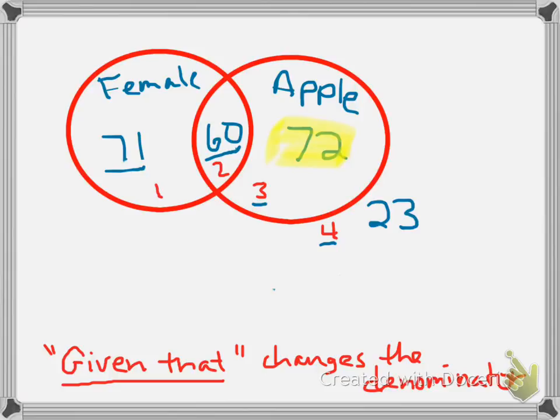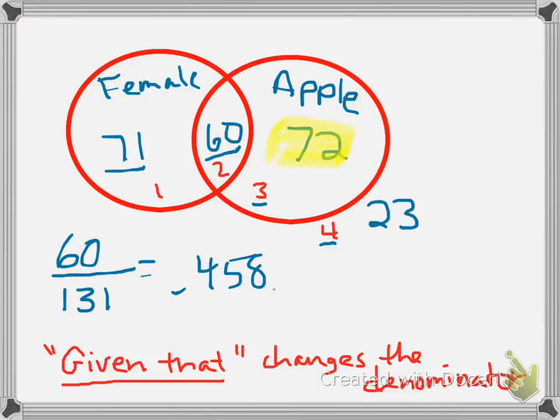So this time, our given is females. So what we want to do is go ahead and change our denominator. That's going to be 131 because there are 131 females. So I'm going to look in the female circle. That is sections 1 or 2. Females who have Apple products, that's right there in the center. That would be 60. So whenever you do a little calculation, 60 divided by 131, you end up with